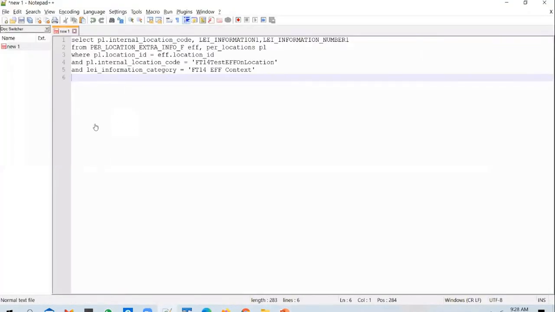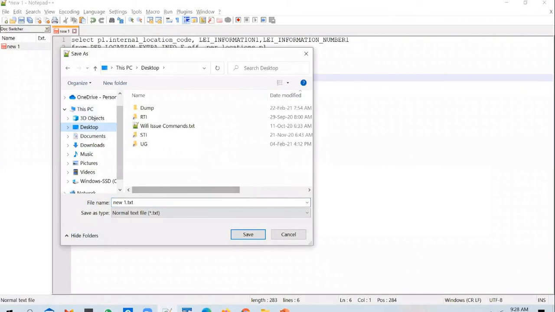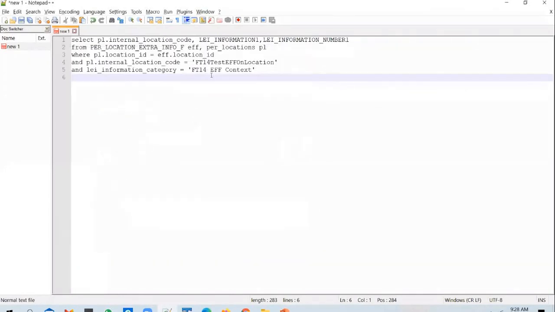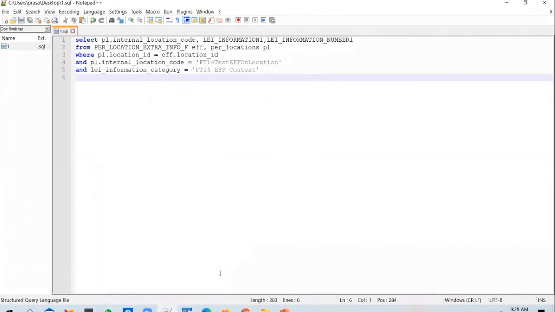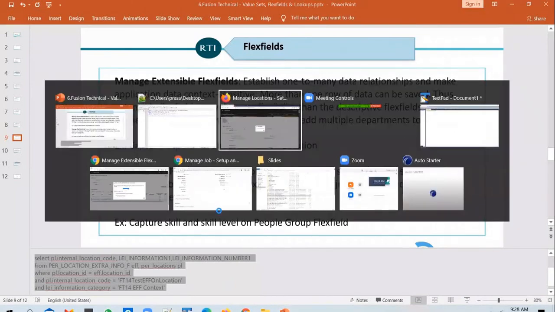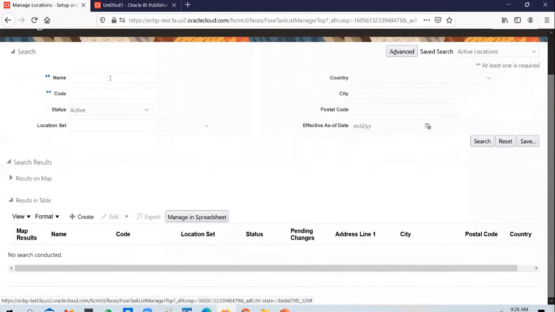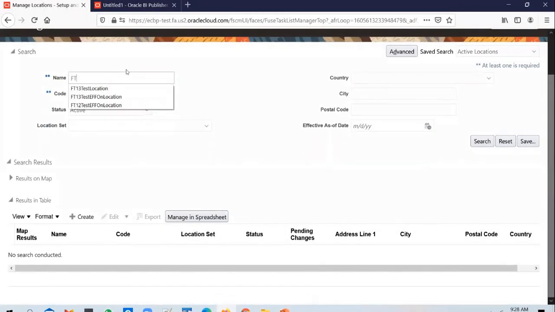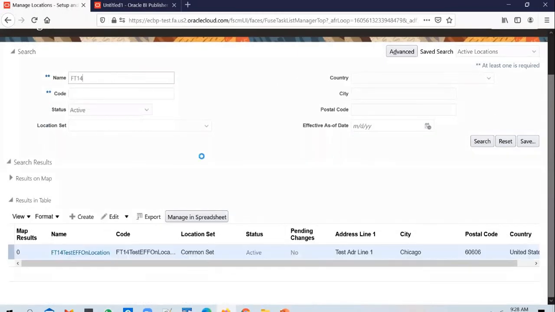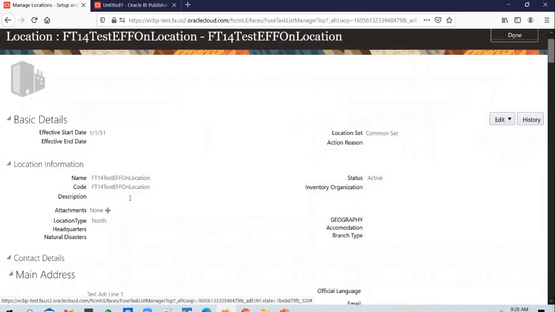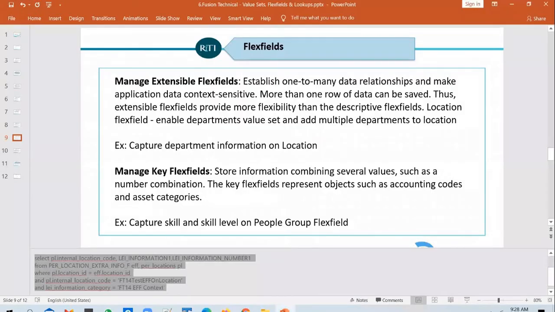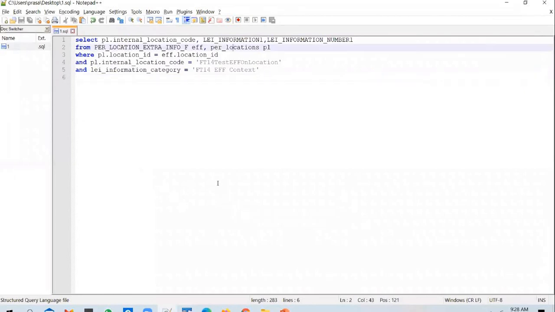And what are we doing here? Since you are storing multiple rows on a single location, we say FP14. Open up the location. When you create a location, it gets stored in the per locations table.